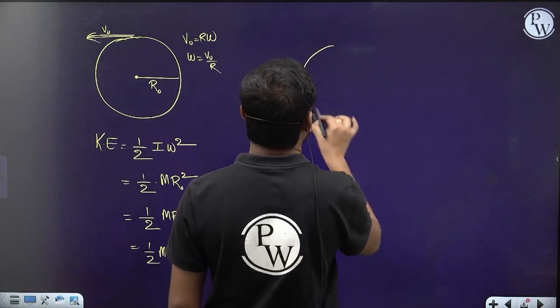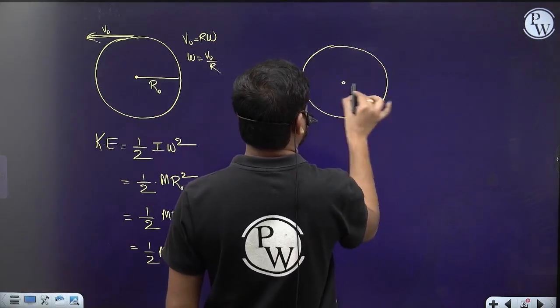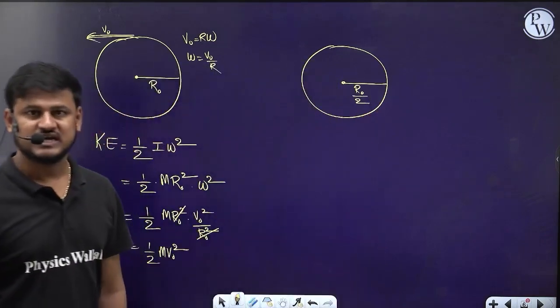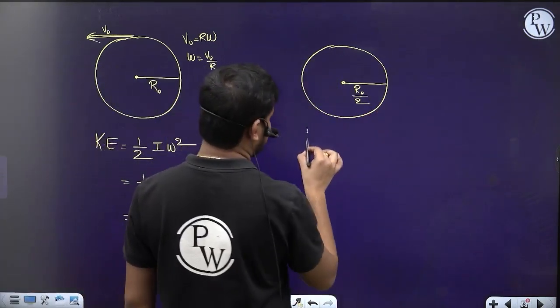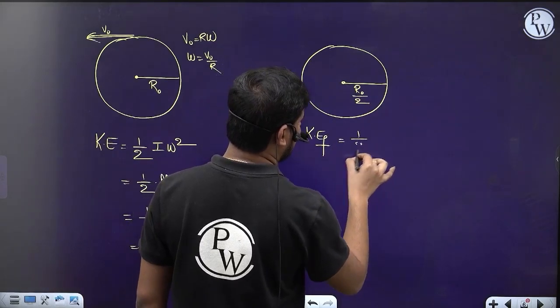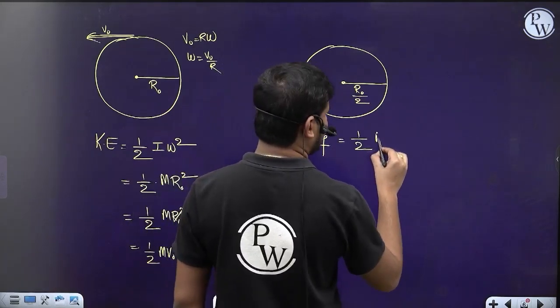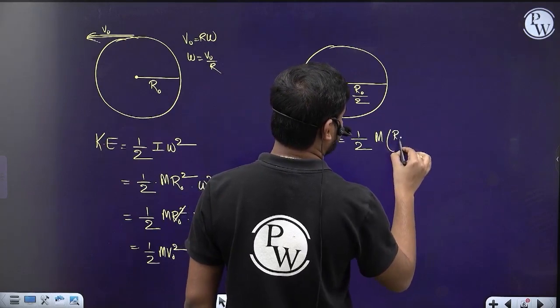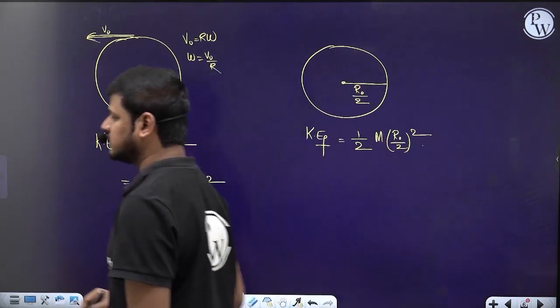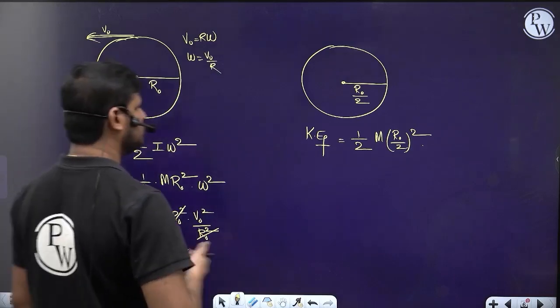So now its radius has decreased to R naught by 2 upon applying the tension, increasing the tension. So now what will be its final kinetic energy? The final kinetic energy is half into its moment of inertia, M R naught by 2 whole square, into